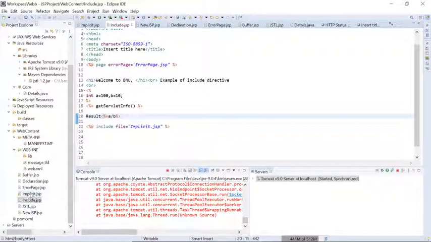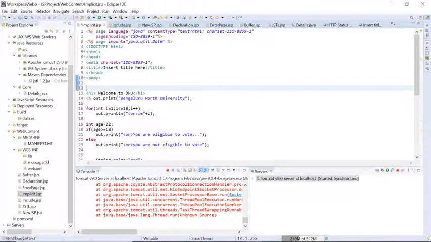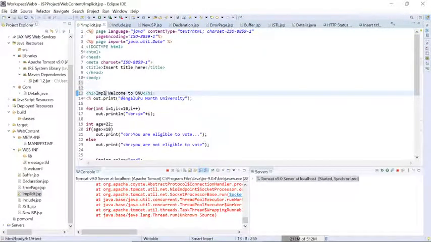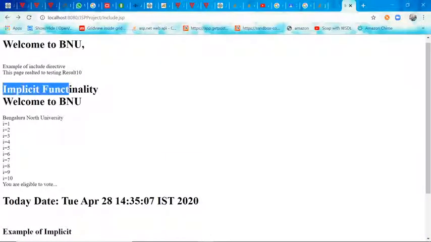Okay, we will add here one extra tag like implicit functionality header, implicit functionality BR. You can check out, implicit functionality is coming here.